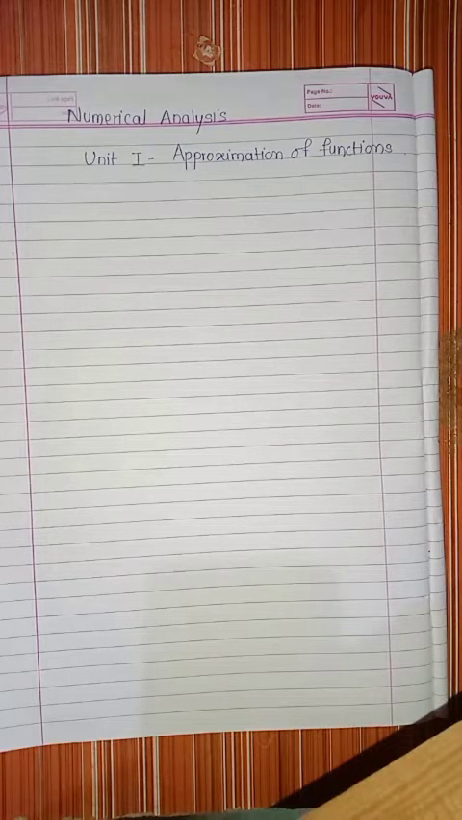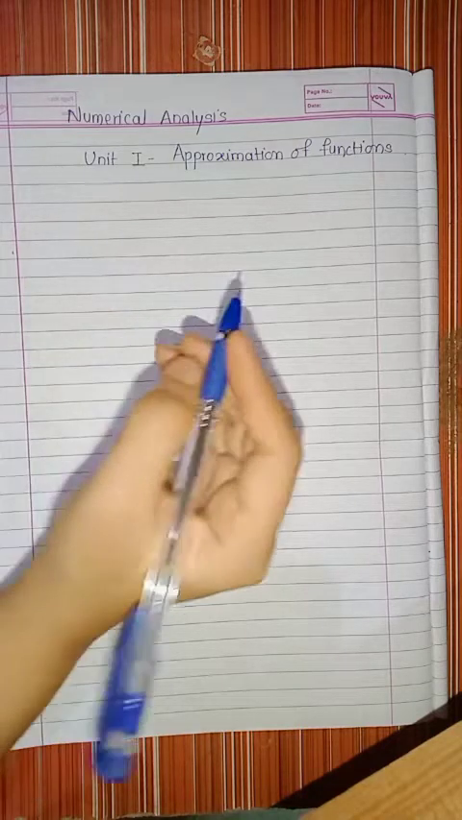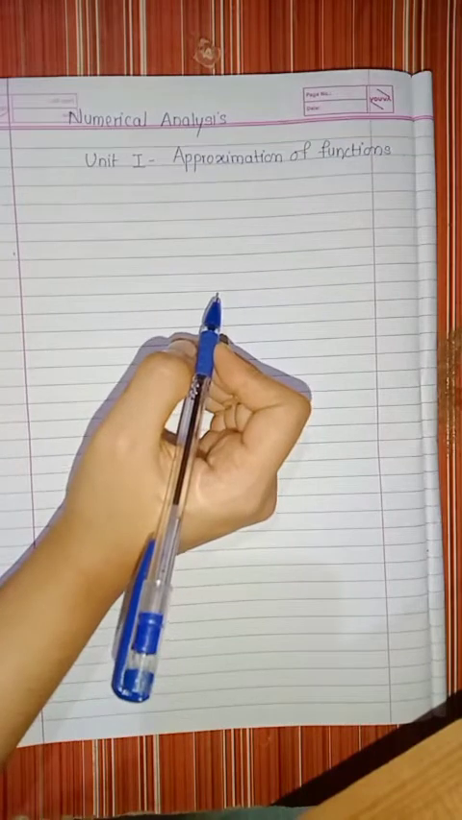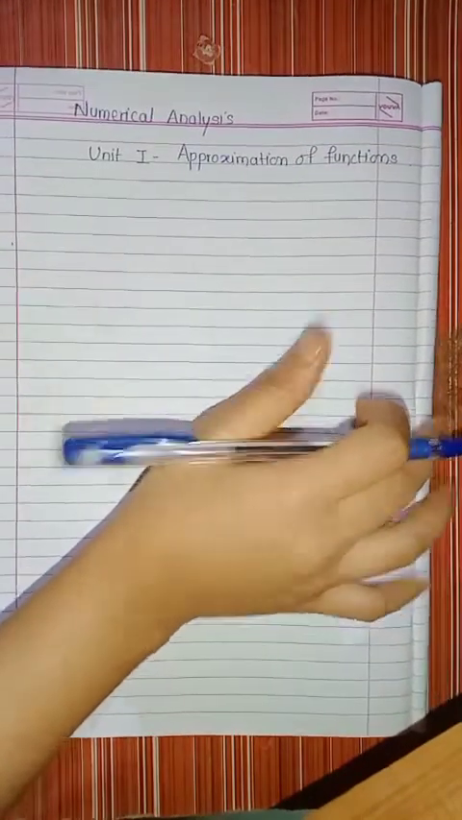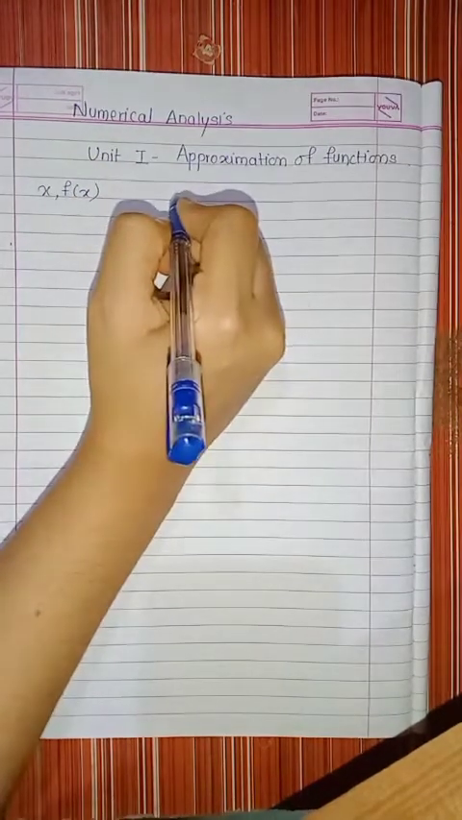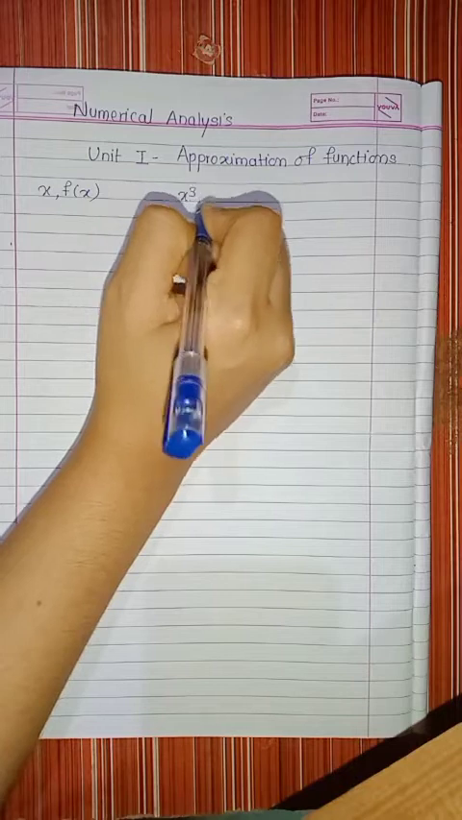So in this we have our unit 1, approximation of functions. So first of all, let's have a rough idea about what we are going to study in this unit. So basically you will be given some data. It might be in the form of a set of points or particularly a function. So a set of points, that means x and f of x, or a function like x cube, x square,